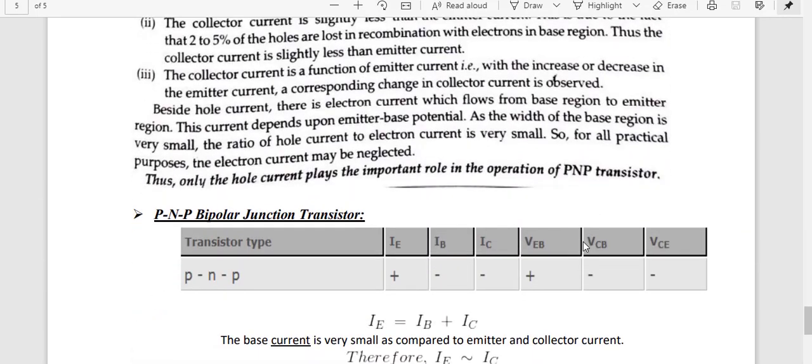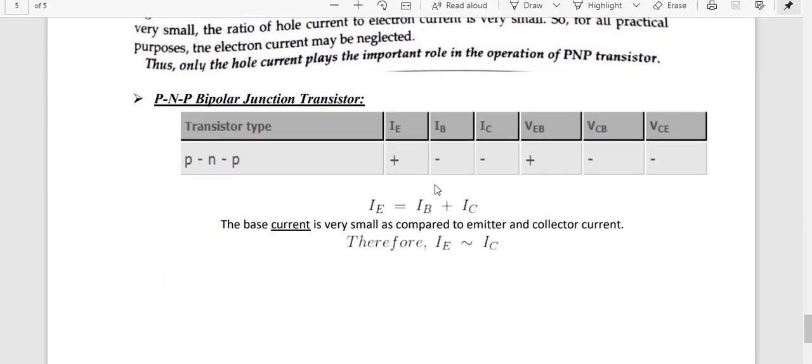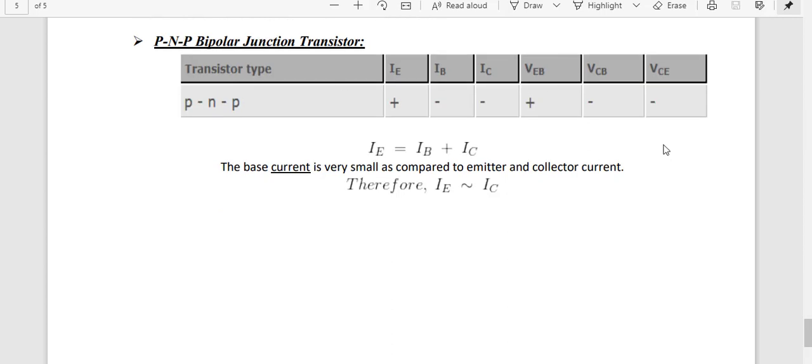You go through this. And here are some special points related to the PNP transistor, which one is positive and which one is negative. And from this construction, or from this diagram of the working principle, the conclusion is that the emitter current IE is always the summation of base current and collector current. Because the base is lightly doped, the base current is very small, and for calculation purposes in some cases we can neglect this base current. So you can say the emitter current is just equivalent to the collector current, that means the emitter current and collector current are almost the same.